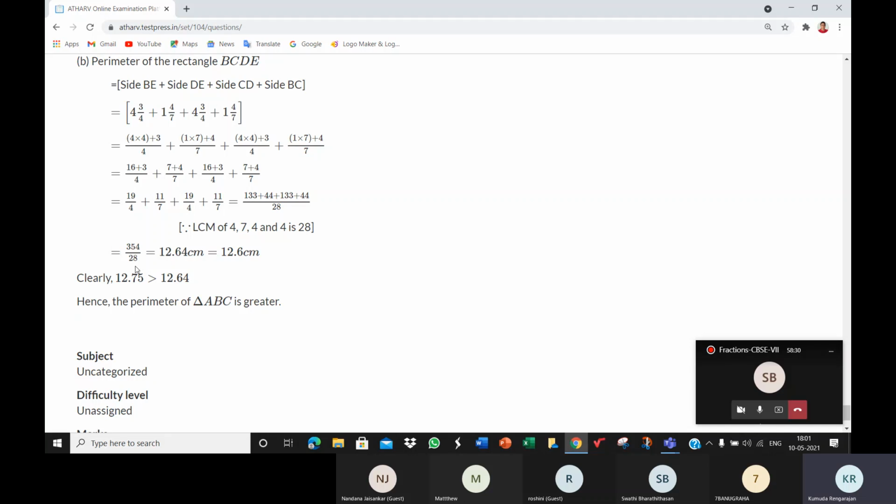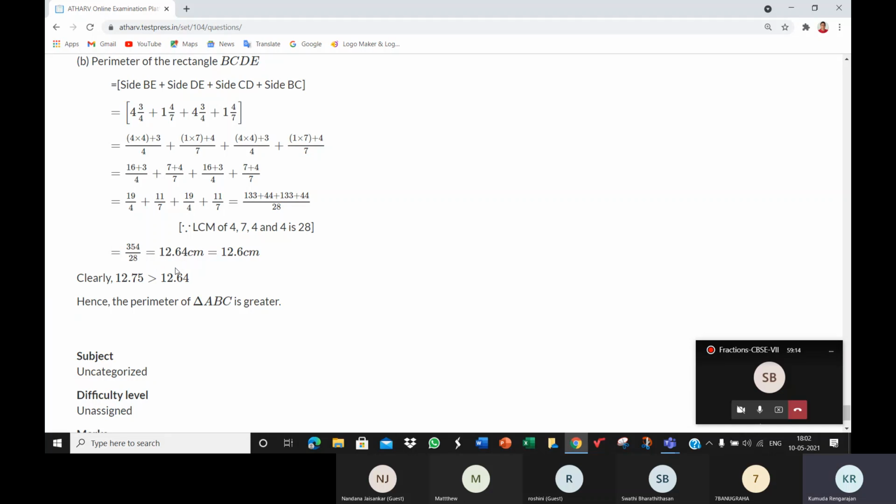Because if you want to put it in the simplest form, both the numerator and the denominator must be divisible by the same number. And for 14, you can do only with 2 and 7. But both 2 and 7 are not working for the numerator. So it's in the simplest form. So 177 by 14 is the simplest form. After that, you should divide. For that, I said you can take your parents' help or use the calculator. 177 by 14. It will not be a terminating decimal. Your calculator will be full of digits. I've just written up to 2 decimal places, 12.64.